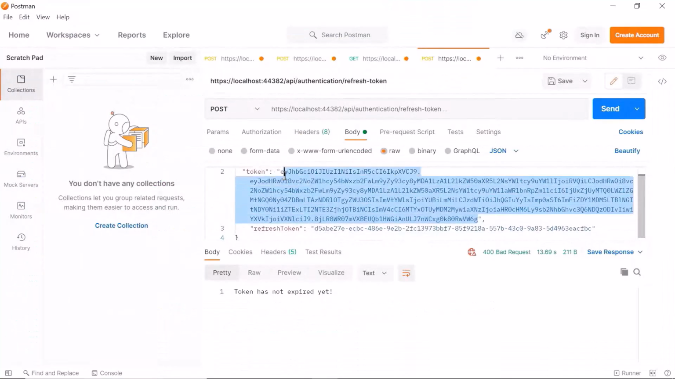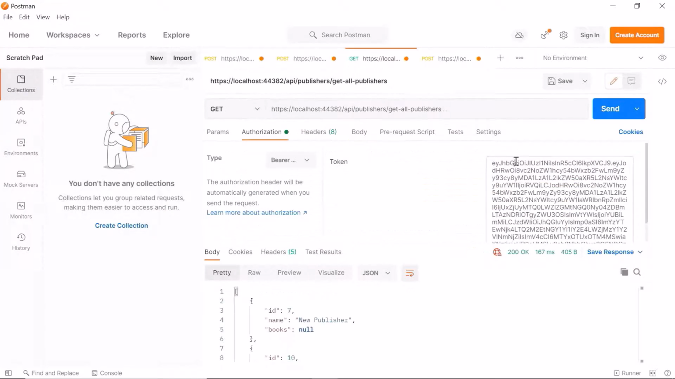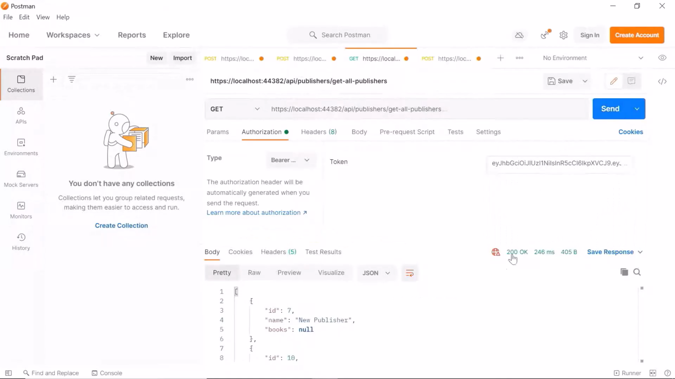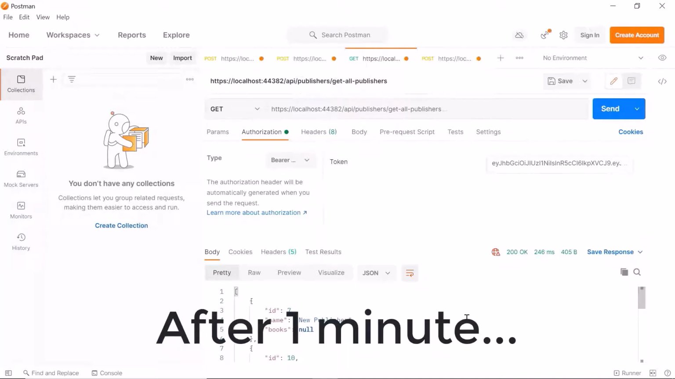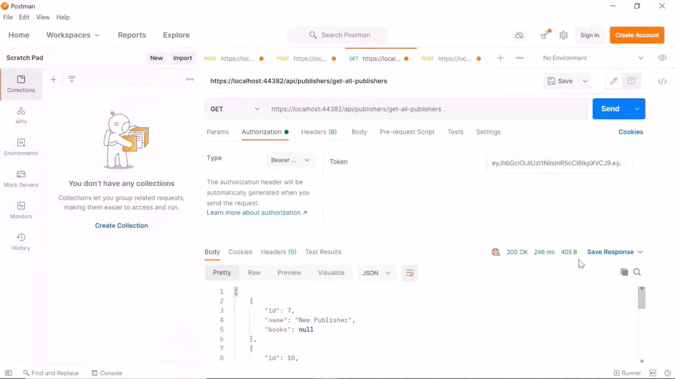Now, if I use this token, so Ctrl+C in the HTTP GET request and click send, we see that we get some data. So now I'll just wait for the token to expire, and it takes around 1 minute. Now let us try again. So we see that the token is now expired and we cannot get data from the API